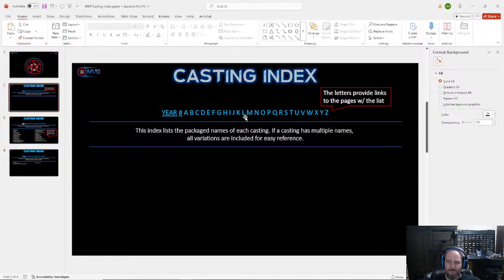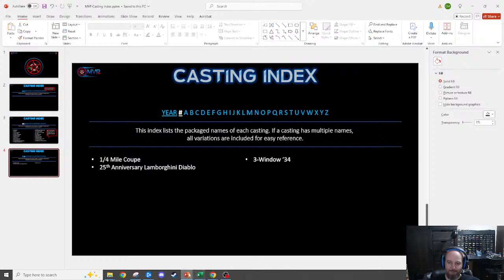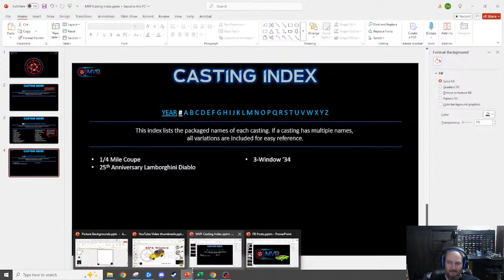So here's what I'm building for the casting index again, just in case you want to see it in different ways. So there's that. The auction setup is going to be completely linked to the locator. And if we go back to here,